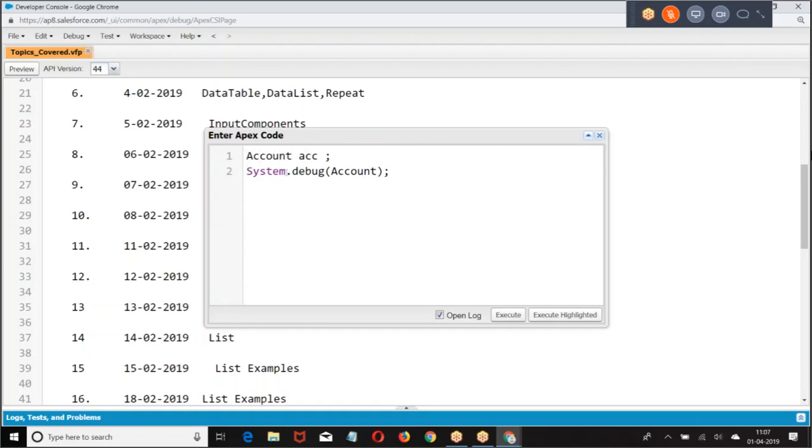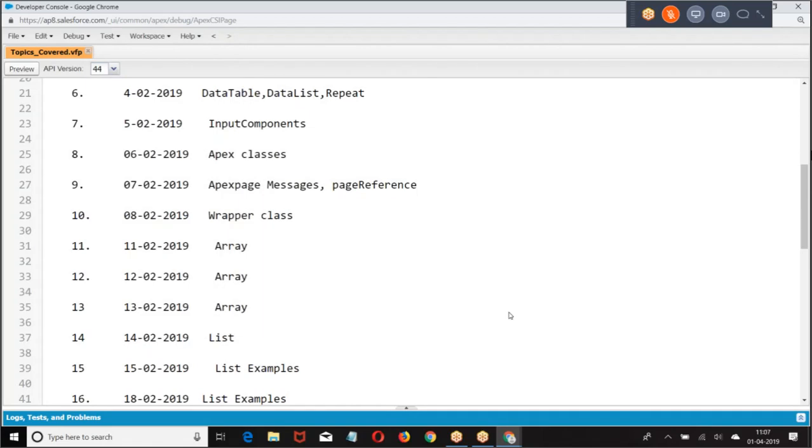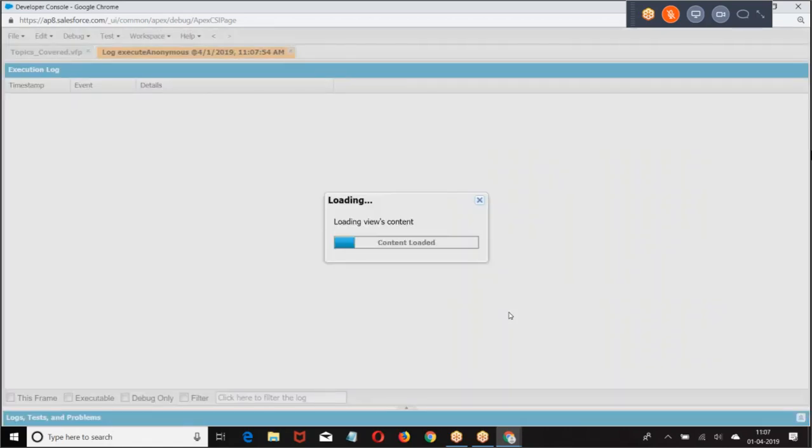Account acc. Now acc is of what type? You have created a variable acc, and acc is referring to an sObject. Which sObject is acc referring to? I want to know which object you are referring to. So what do I do? System.debug(acc). When I say acc, there is no error because acc is a variable.